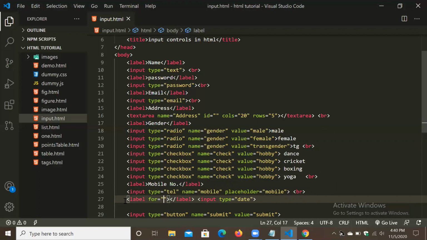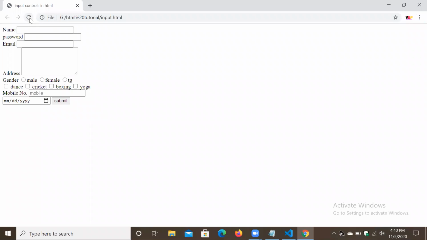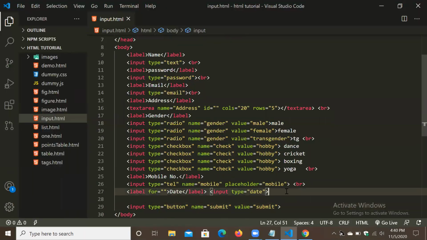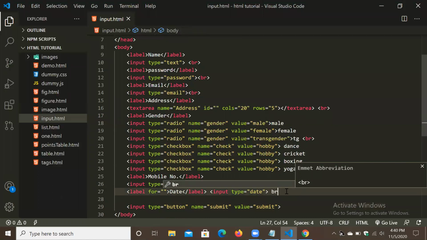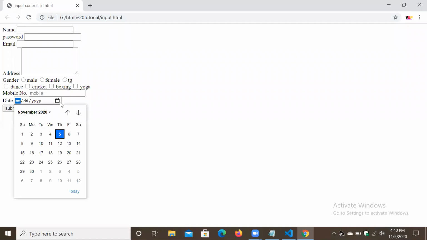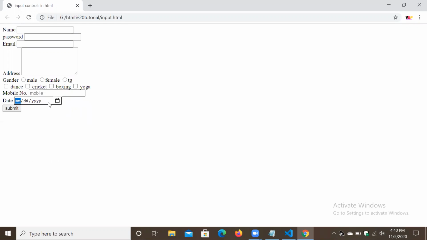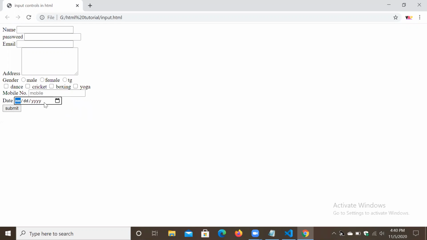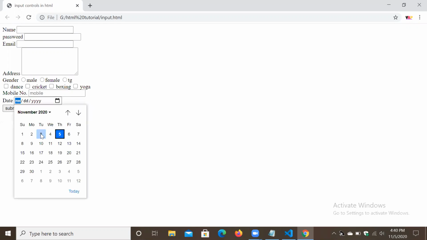We can write in the label, date. So refresh. Yeah, it looks far better. Now before submit we have to use br tag. Control S. So every time we have to use br tag to separate these things. I have solutions for this, but we will see that later. First we have to see the basic approach. So from there we can select the date, for example 7.